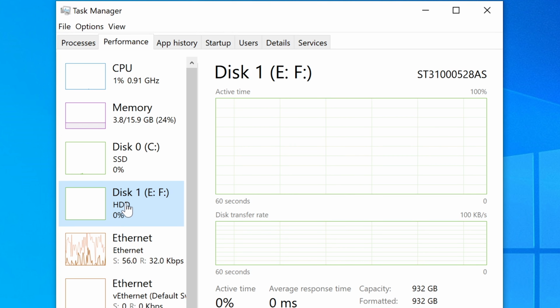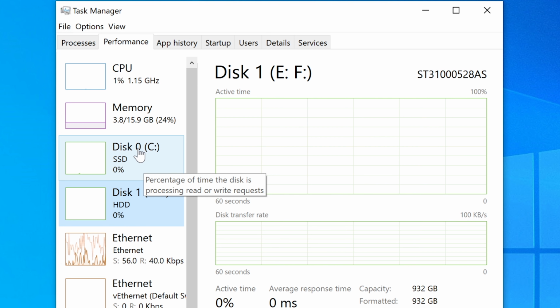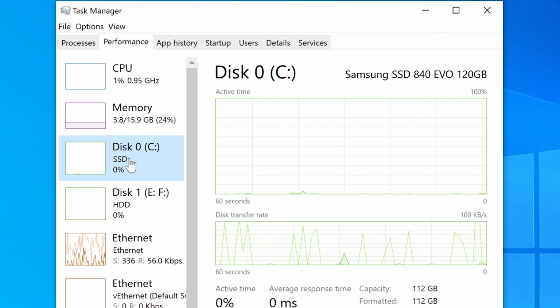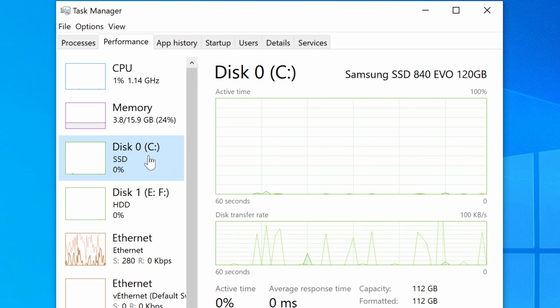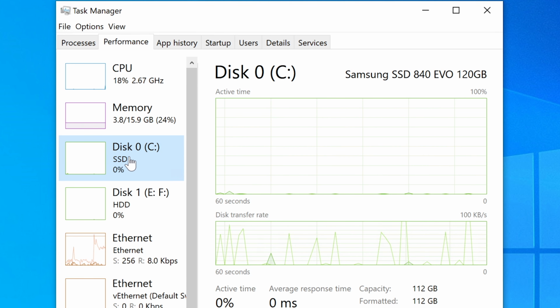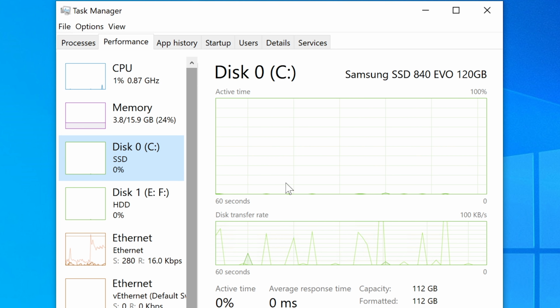If it's too slow to do that, and it's going to, then the issue might be with that. But then you can switch over to using a solid state drive, which you can see that my main operating system here, C colon, right? My C drive is SSD, solid state drive, which are a lot faster. So sometimes you can improve performance by a lot just simply by getting a solid state drive for your operating